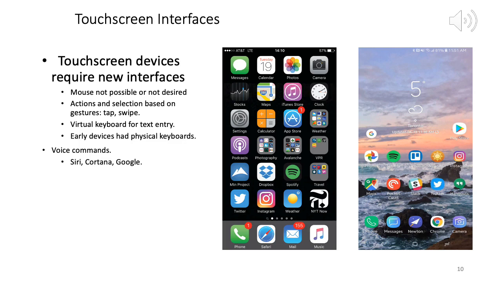When they were being sold, Cortana was there, and for Google you have, yeah, Google is there, right? Here we see touch screen, and using touches and various gestures like tap and swipe, you interact with the OS. So, mobile phone graphical user interfaces.